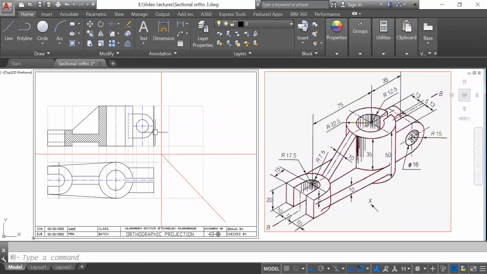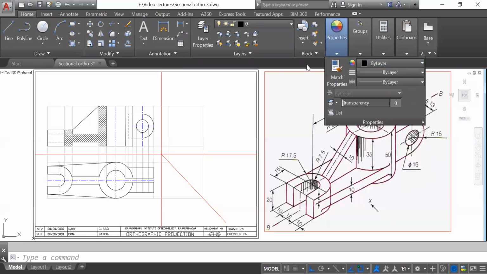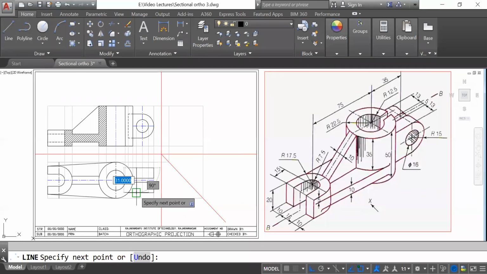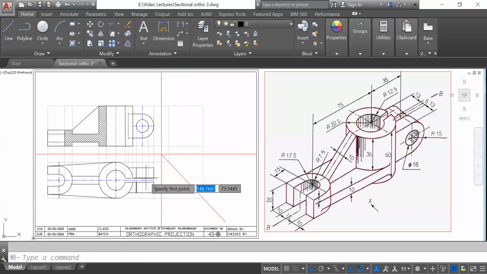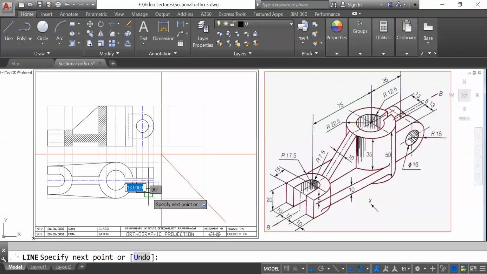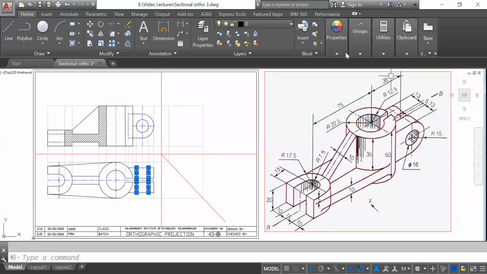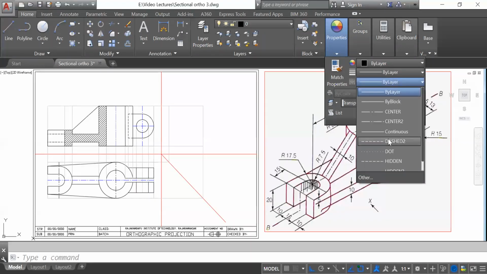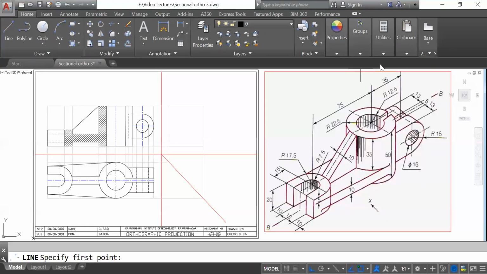So while drawing such orthographic projections, you have to think in 360 degrees. All the directions you have to think in all directions, because some part is hidden in the front, some part is visible in the front. So that we have to take care of. Now, I'll just take this part to here. Okay, and that's all our hidden lines. Use dash lines. Then center line also you can mark over there.